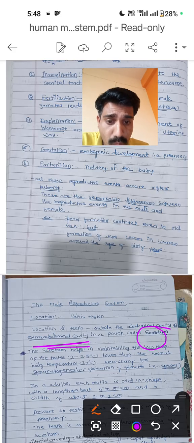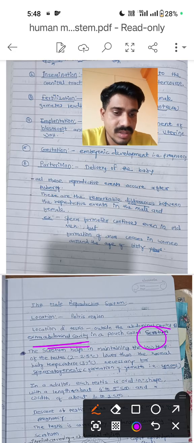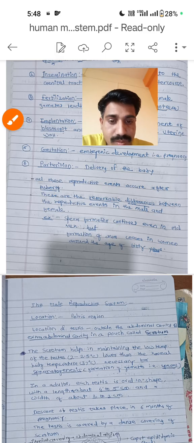The testes are 2 to 2.5 degrees Celsius lower than the normal body temperature, and this lower temperature helps spermatogenesis. Okay, so after that,